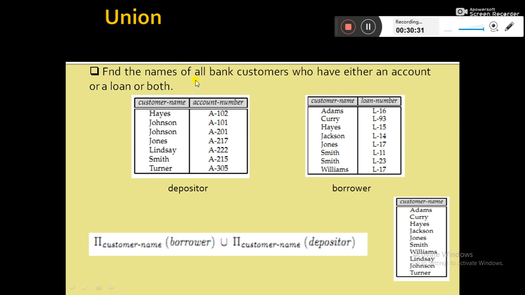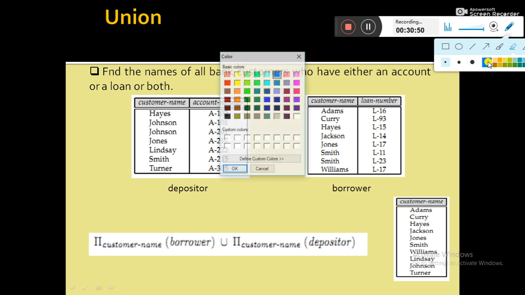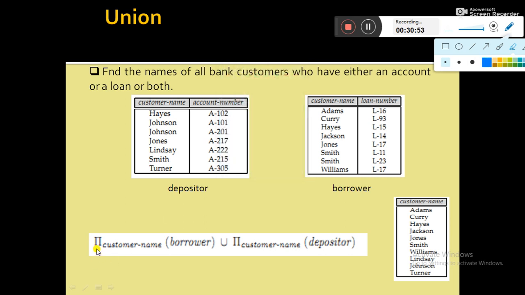So for that specific query, we have to access these two relations, and what we have to fetch is the customer name. If you perform the projection operation, pi customer name, on the relation borrower, it will select only that portion.